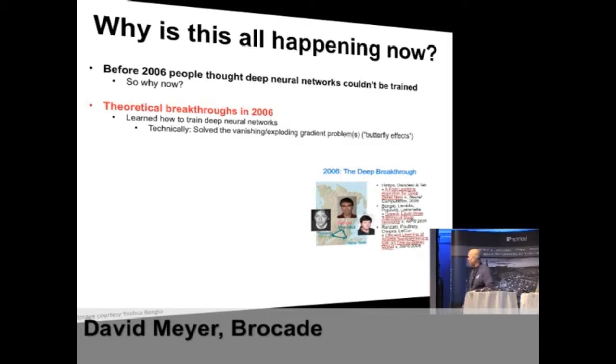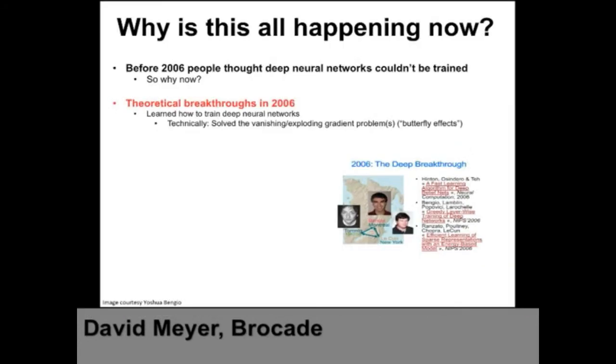These are the three guys who did it. Jeff Hinton, who's now at Google and Toronto. Yoshua Bengio, who's at Montreal. And Yann LeCun, who was at NYU and is now the director of AI at Facebook. And they have fantastic students. There's a really nice article of their journey through all of this, the 30 years they've been doing it. If you want to read it, it's pretty interesting.